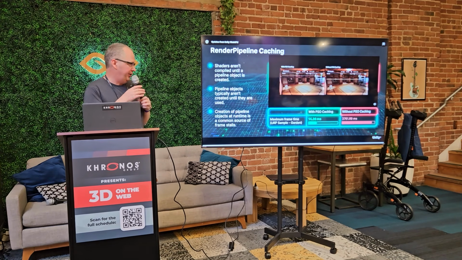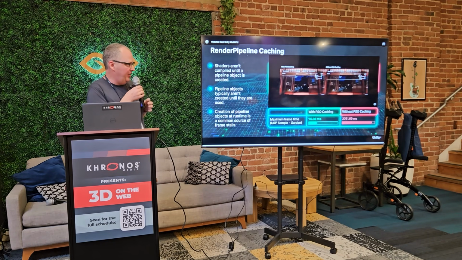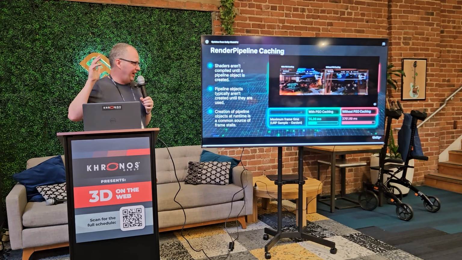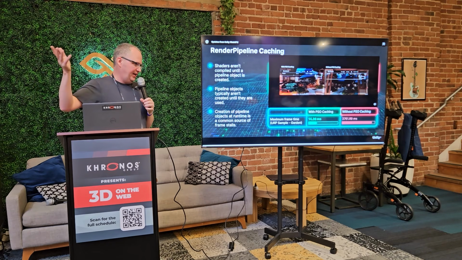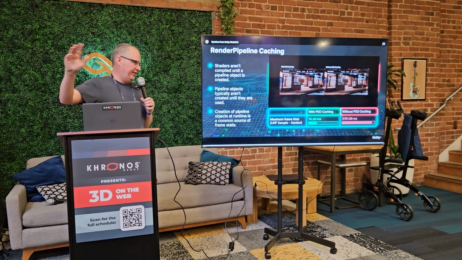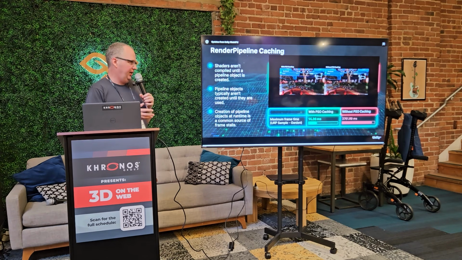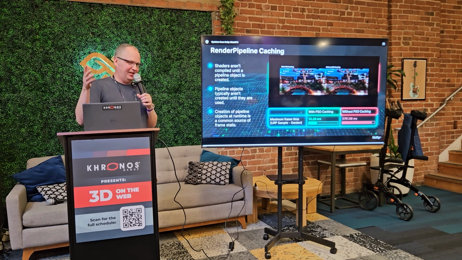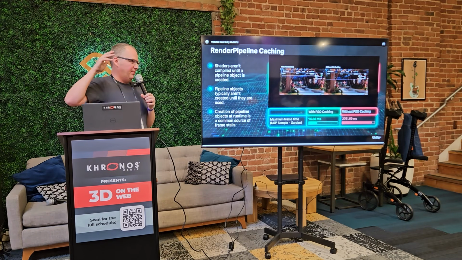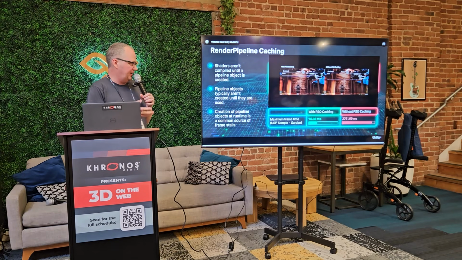WebGPU differs from OpenGL and WebGL in that instead of having a global state where you're binding shaders and binding uniforms and all this stuff, and the driver takes care of it, you have to be explicit about creating a pipeline object. The pipeline object includes all the blending mode and culling mode and all this other stuff. So there's a lot to it, and we don't know all that stuff up until